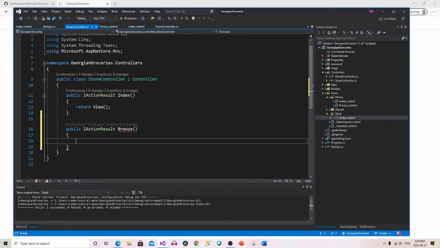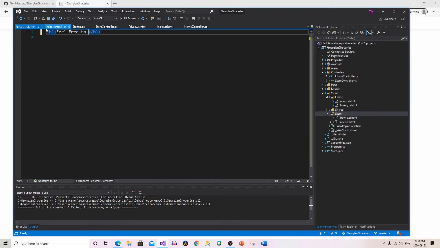And what do I need to return here? Hopefully you guys can actually remember what it was. So I have to do a return a view free to browse or online. I'm going to say,